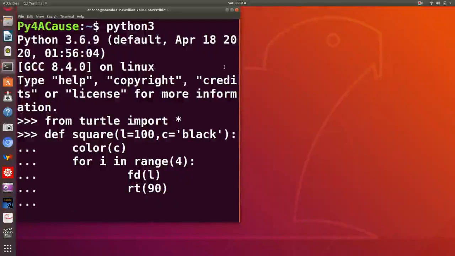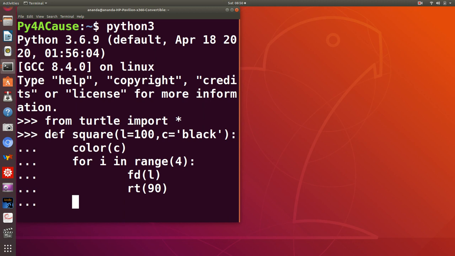In our previous lectures, we had met defining our own functions. In particular, we had defined the function square, and the code for defining the function went somewhat like this. And as you can see, I have defined a function here, or at least I have started defining a function here using the def keyword